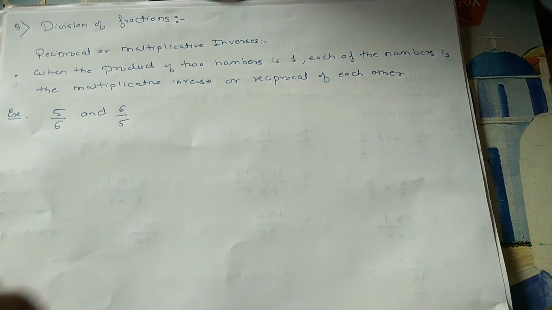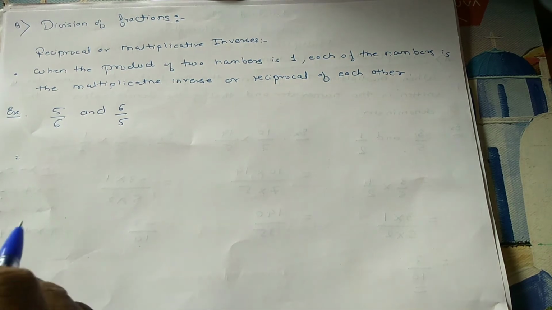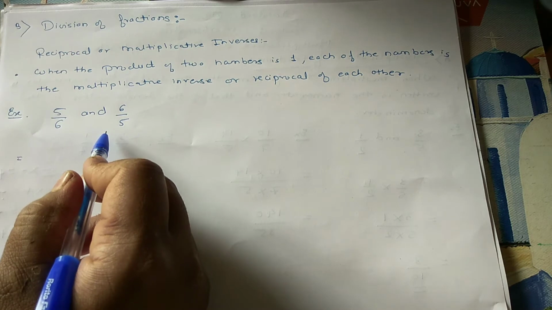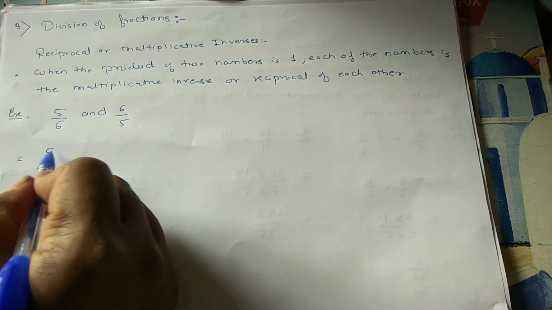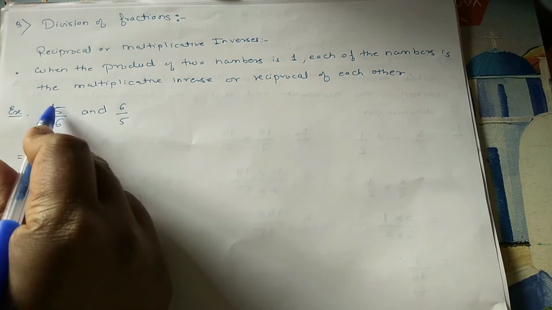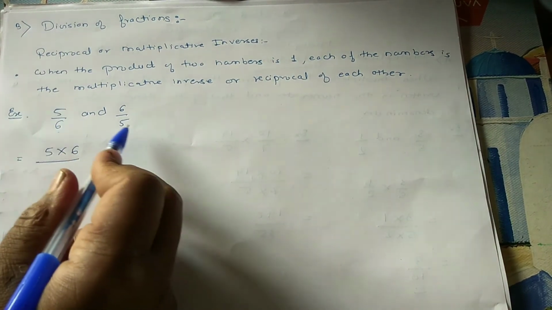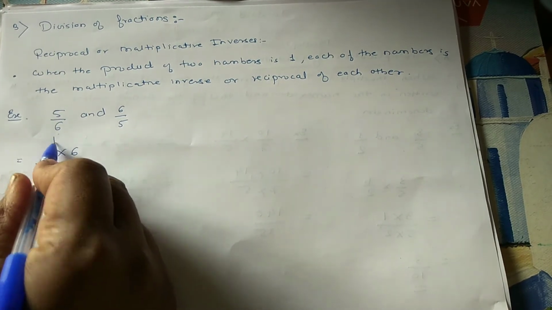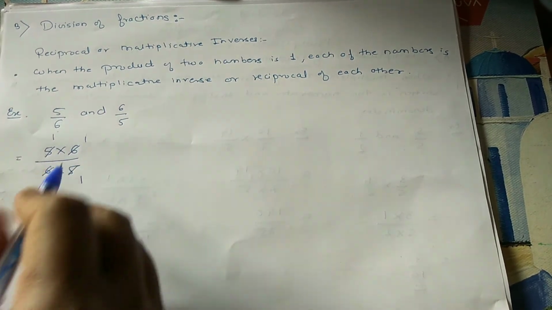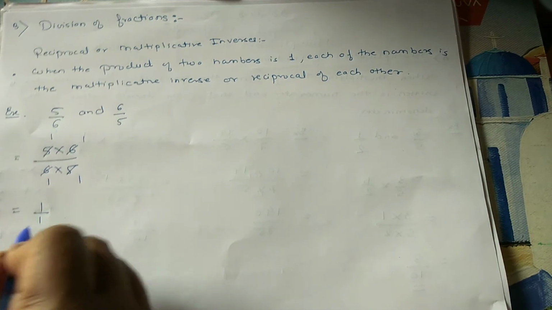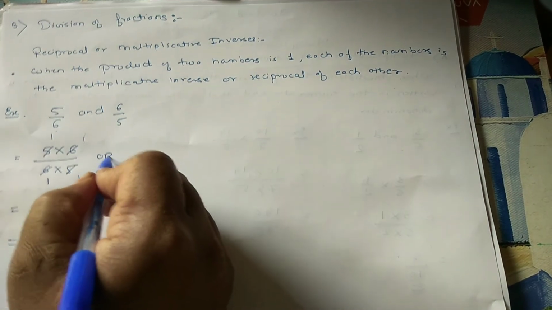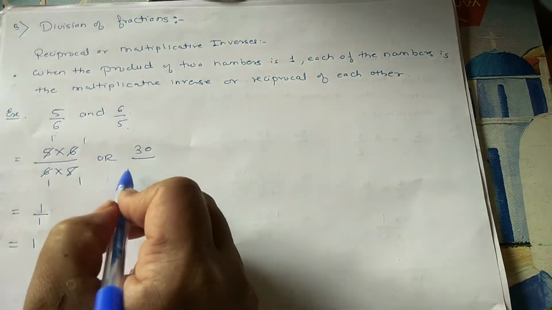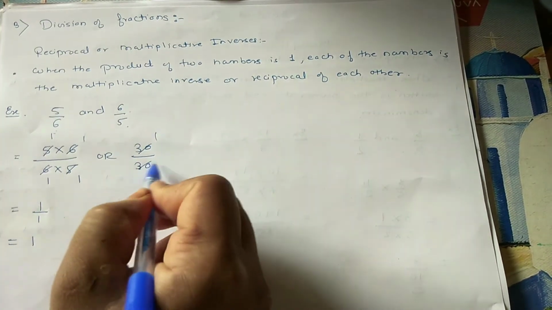Product means the multiplication. So we just studied, when we have to consider the product of two fractions or numbers, at that time, numerator into numerator, that is 5 into 6, divided by denominator into denominator, that is 6 into 5. So we know that 5 ones are 5, 6 ones are 6, they become cancelled, so the value becomes 1 upon 1 is equal to 1. Or let us take the product, 5 6s are 30 upon 6 5s are 30. Numerator again 30 ones are 30.